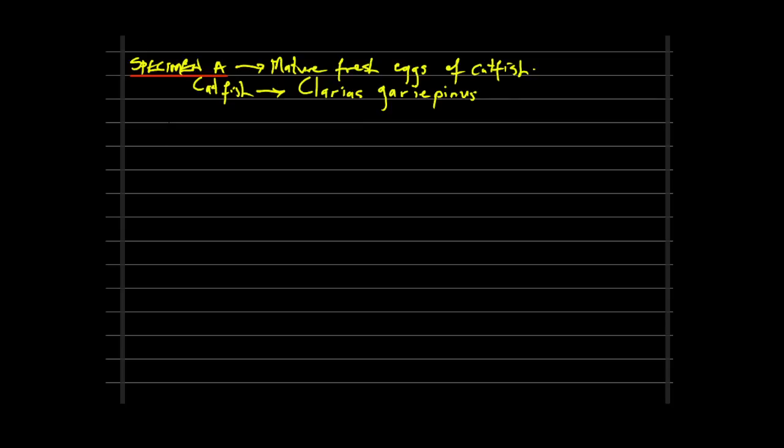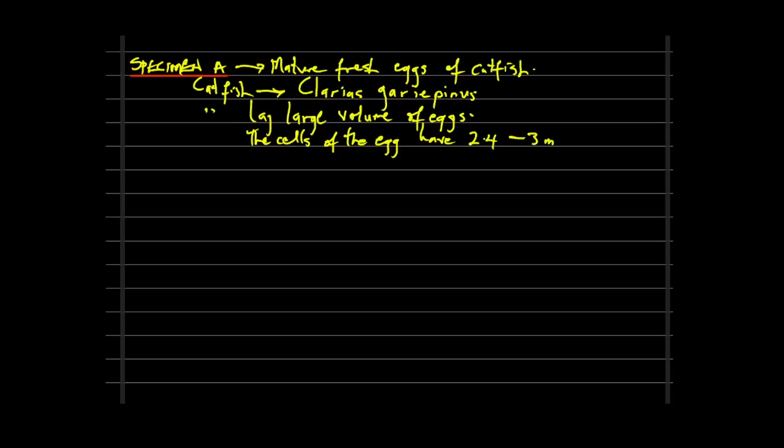Let's quickly have a summary of what we have said. Catfishes lay a large volume of eggs, and each of the cells of the egg is between 2.4 to 3 millimeter in diameter. They are usually transparent